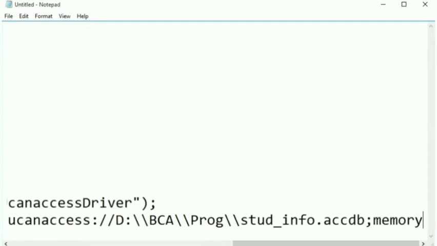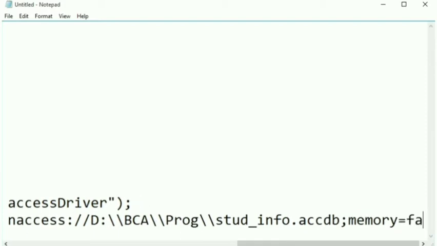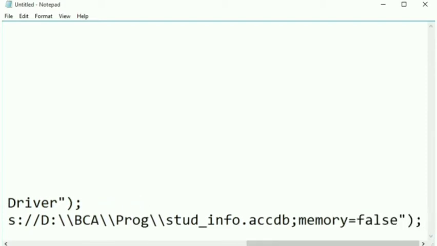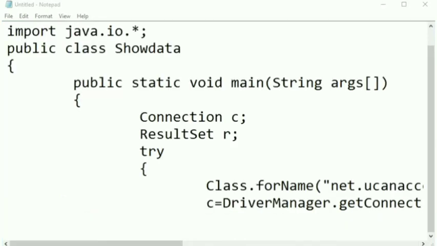Now you can use MS Access. For that, using UCanAccess, we provide the connectivity with MS Access. We cannot directly connect JDK 8 with MS Access, so using UCanAccess we apply that. For that we write jdbc:ucanaccess: